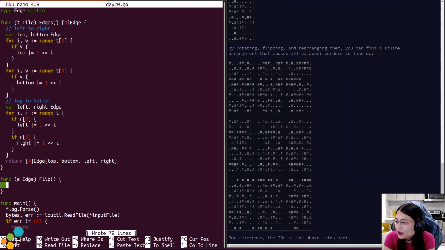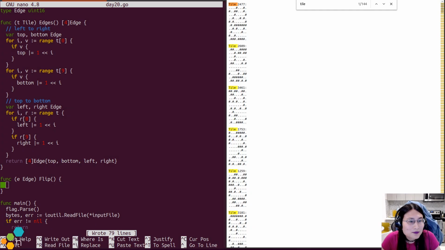So the flip needs to essentially reverse all the bits in it.